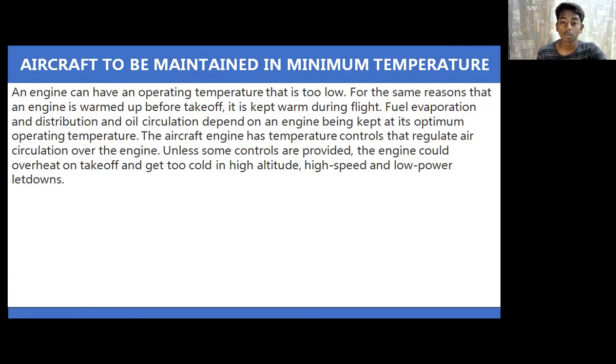An engine can have an operating temperature that is too low for the same reason that an engine is warmed up before takeoff. As we discussed, it is kept warm during flight. Fuel evaporation and distribution and oil circulation depend on an engine being kept at its own optimum operating temperature. The aircraft engine has temperature controls that regulate air circulation over the engine. Unless some controls are provided, the engine could overheat on takeoff and get too cold in high altitude,